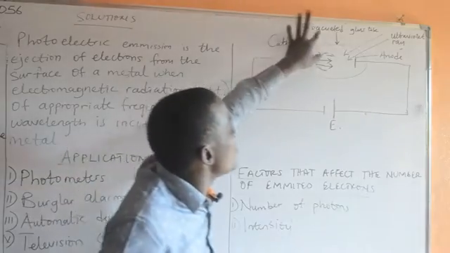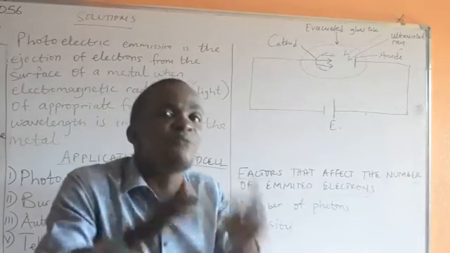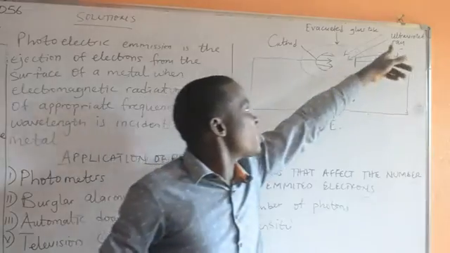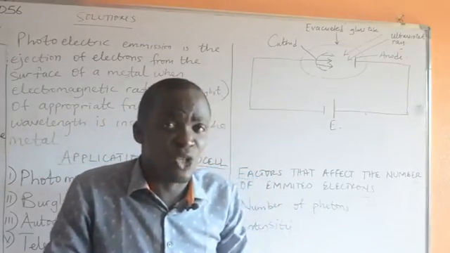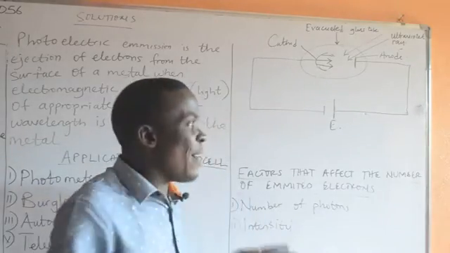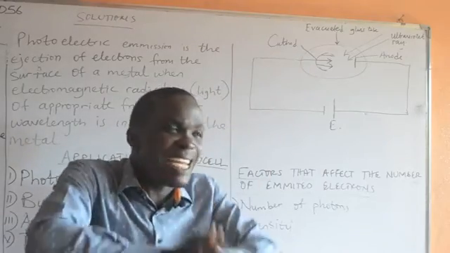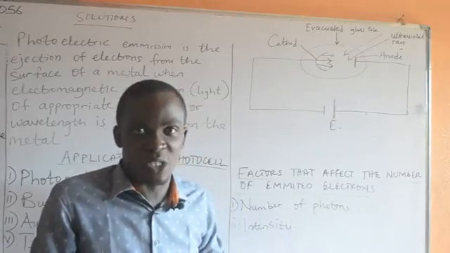Now, the purpose of this is to go around, stays inside the battery, and the electrons are emitted for use whenever they are required. Now, take note, using this word, we are talking about the appropriate frequency, talking about the normal radiation. So we should not expect that it's just ordinary light, because we are being told that light falls on the surface. Now take note, it should be a radiation with appropriate frequency, not just frequency.